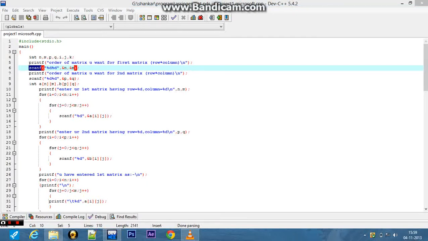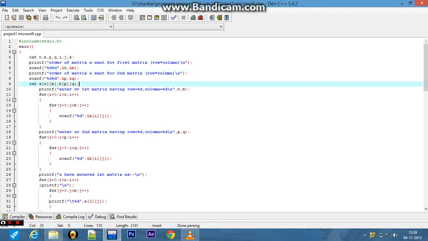Then I have declared two two-dimensional arrays, that is matrix A and matrix B, of order n by m and p by q.